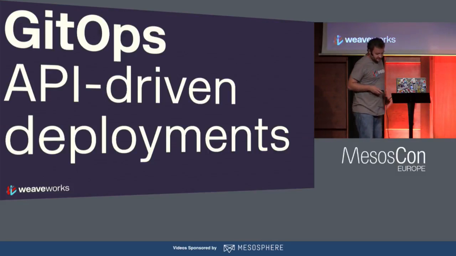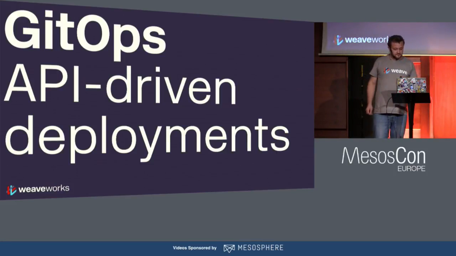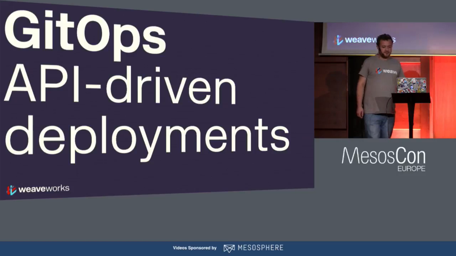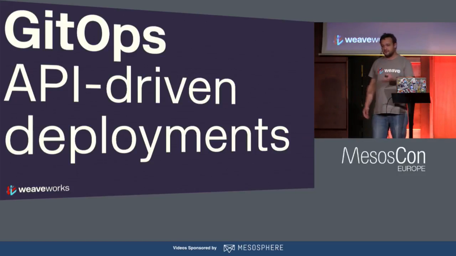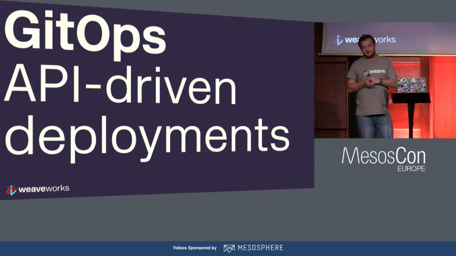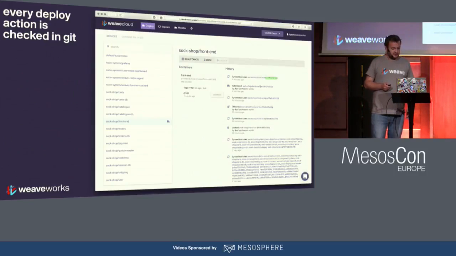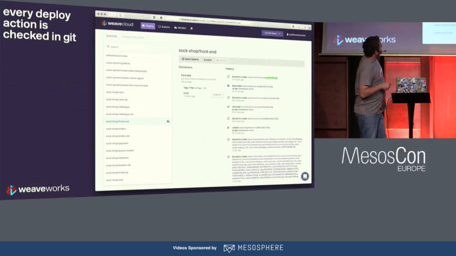And other things we are able to do with APIs. We're able to do what we call GitOps, which is what I showed you earlier with Puppet, right? We do a similar thing where you'd think it's just a git pull, kubectl apply in a loop, but it isn't really. It takes a little more than that, because you want to be able to log things, you want to be able to update the image attribute whenever there are new images, and do other things. So here's the Weave Cloud Deploy UI. We're looking at the front-end service here. This is the image tag we're running right now.